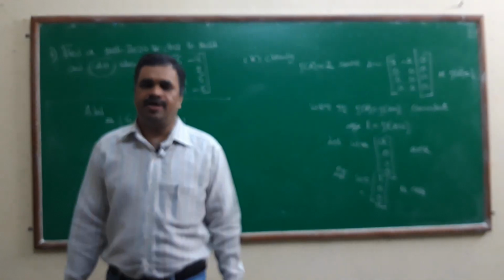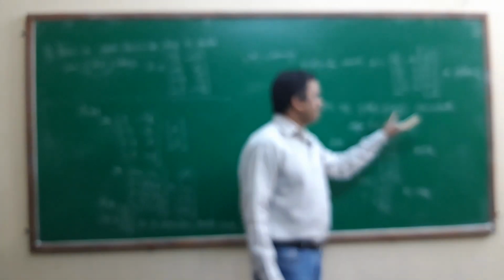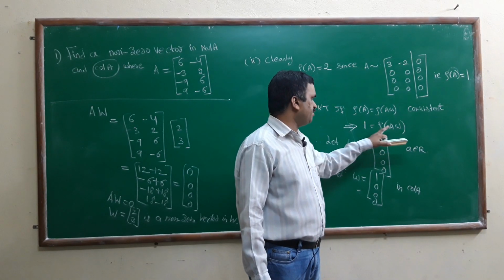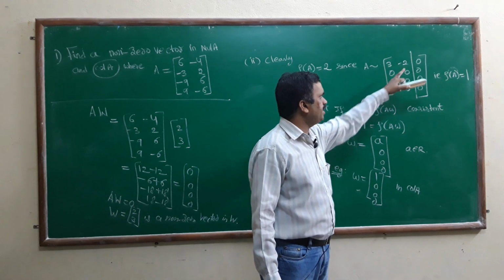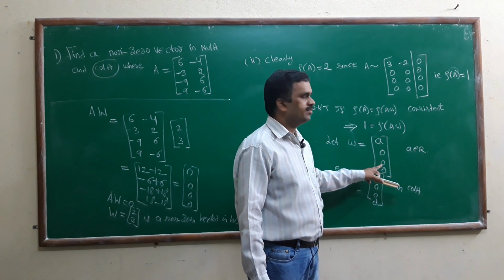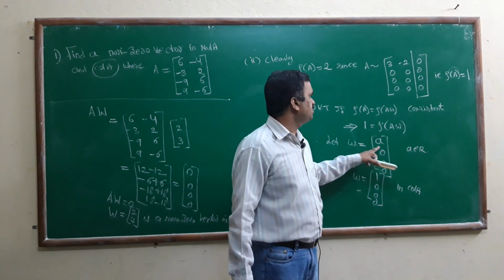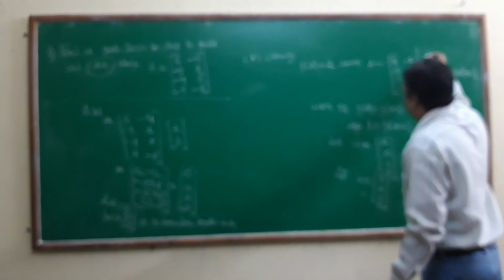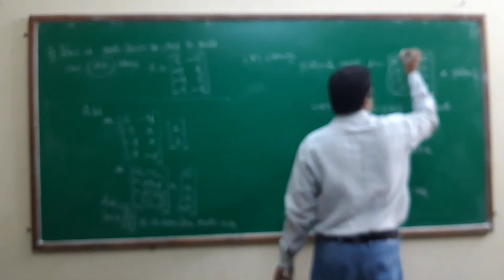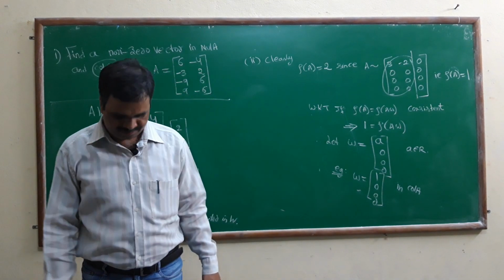So, in order to determine a column vector, simply we have to check rank of A and rank of AW should be consistent, both should be equal. Already we have rank of A is 1 by echelon form. So rank of AW is also 1. So W also should be a non-zero vector only. It should be rank 1. So simply one non-zero vector I have to exist. So here it is suitable. If it is 1, I can say rank of AW is also 1. So W is in column A. That's all.